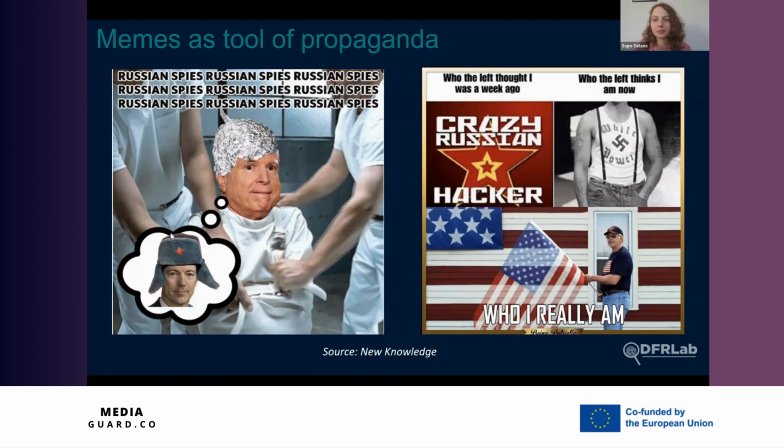For propaganda purposes, you need very catchy headlines and very catchy images, and these memes are very famous on social media. Sometimes they are really funny, and sometimes those memes are also used for information campaigns. But we've seen a lot of propaganda memes, especially coming from this famous troll factory that was